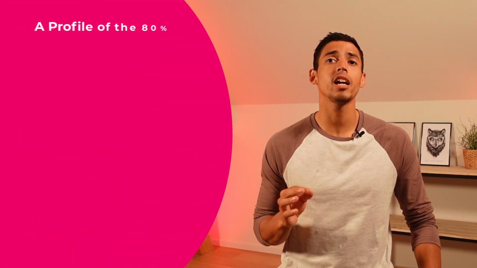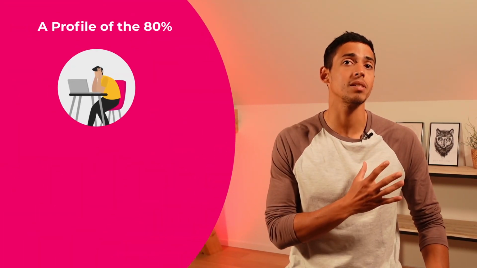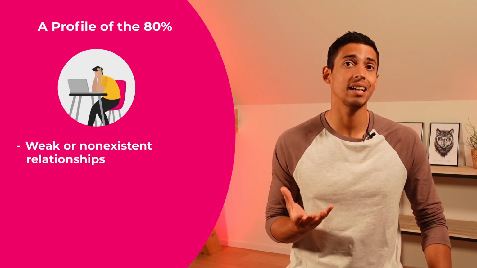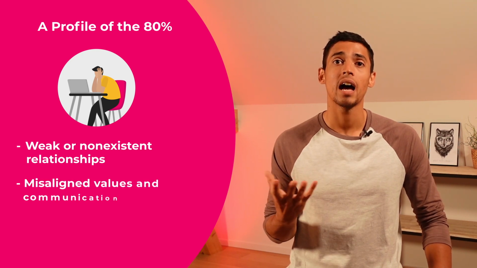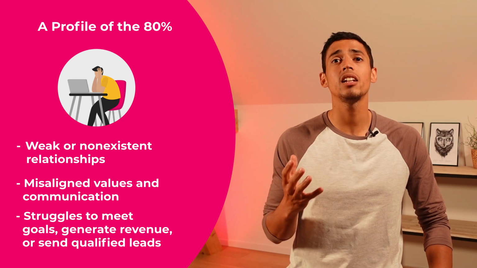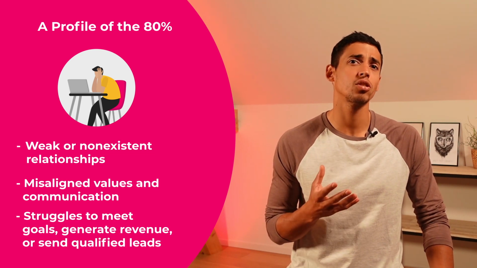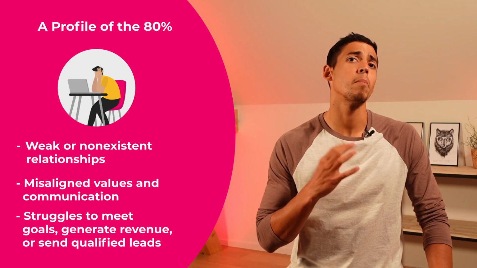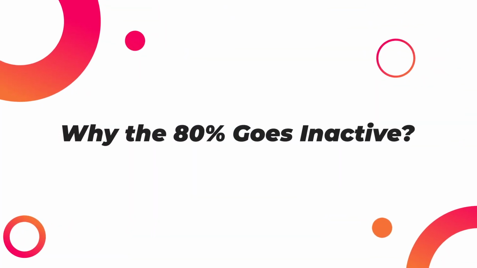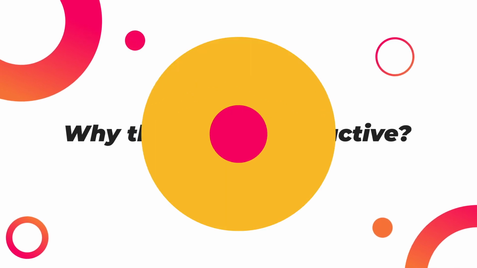With this in mind, let's take a look at our underdogs, the 80%. These are folks who bring in less qualified leads or less revenue in general, have a higher time to conversion rate, and lastly, likely rely heavily on your marketing channels to convert a lead, making the conversion much more pricey. Due to these attributes, these partners often get pigeonholed in the don't bother category of your program.